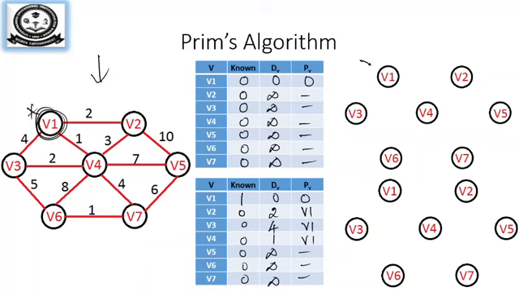So here I have made v1 a known vertex, right? Now from this known vertex, you can see I have 3 edges connected, which are 4, 1, 2. Among these 3 edges to the unvisited vertices, the one having the minimum cost is v4. So the next vertex that is going to be marked is v4.